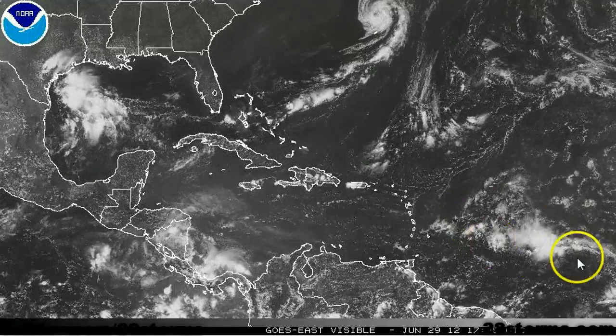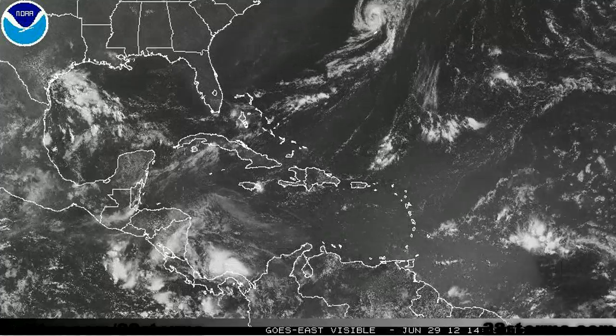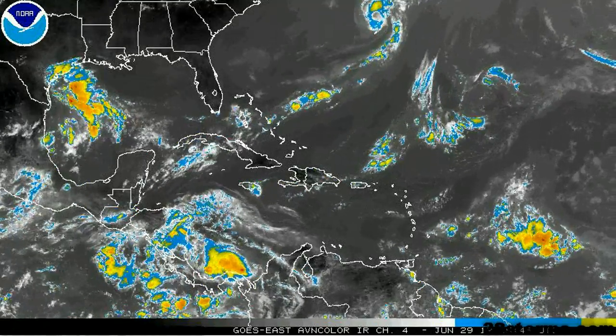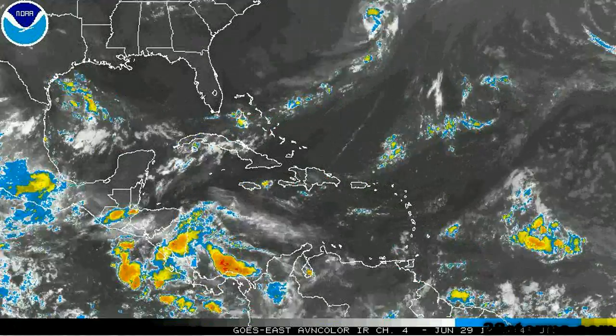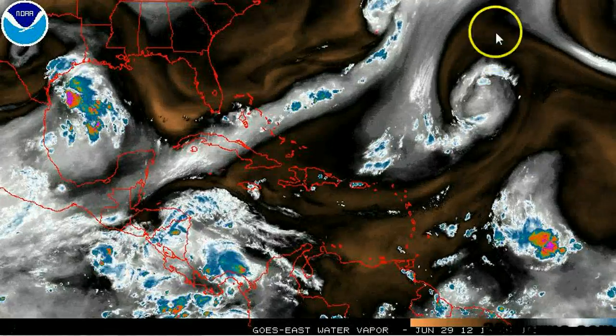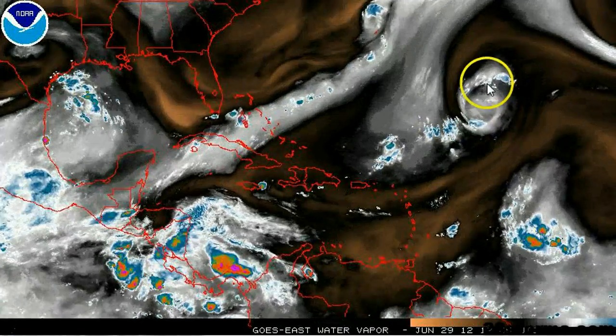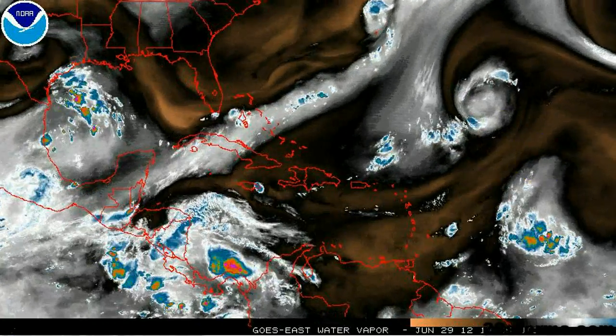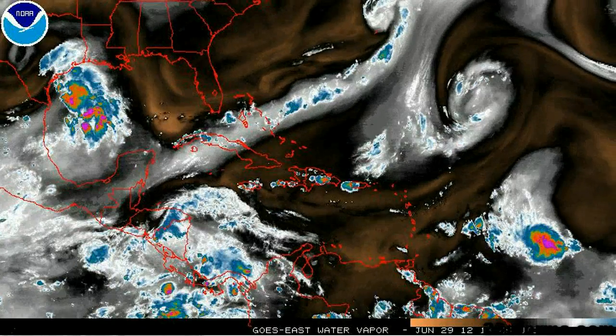You can tell that the tropical wave is still partially embedded within the intertropical convergence zone, and that is the reason why convection is being allowed to fire a little bit more today. But we have this very persistent upper level low located to the north of this system, and just toward the south and west we have a pretty strong shear axis and a lot of dry air, so no development is